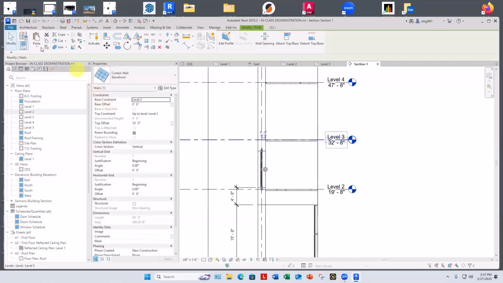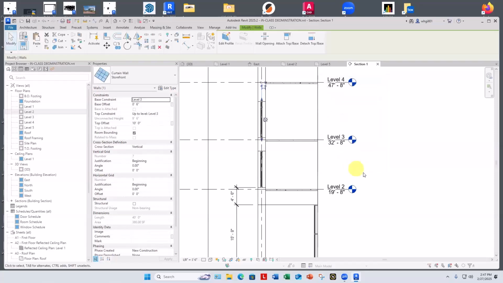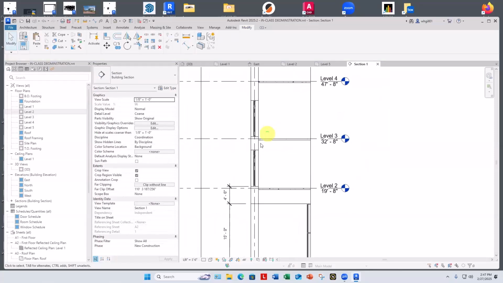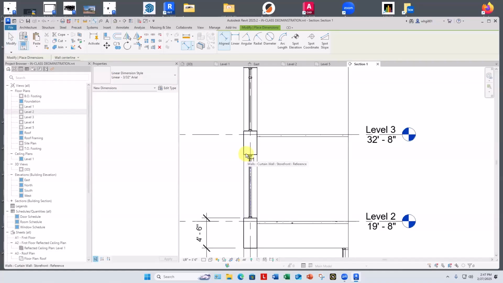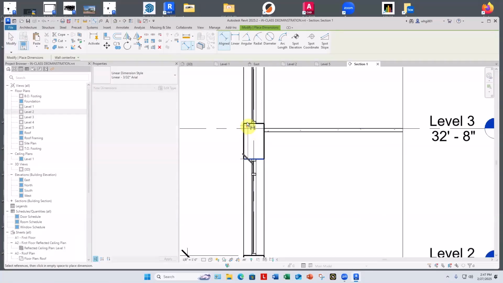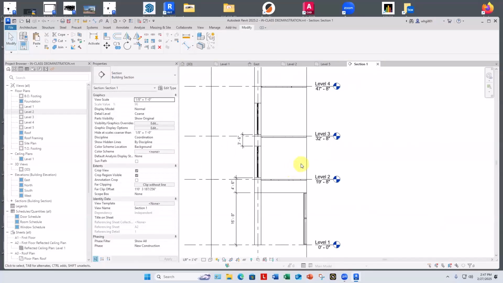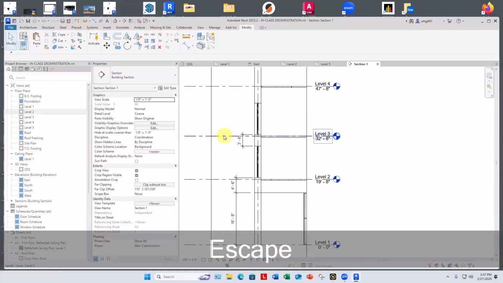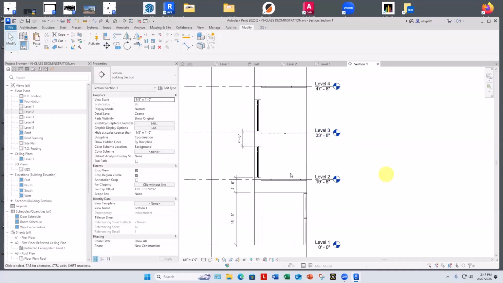So what I want to do is copy this, paste it, align to a selected level. Let's take out the number 3. And this also wants to be 4'6", which it doesn't look like it is. So we have to do a little tab. Well, maybe that should have gone back up. Okay, well, there's a